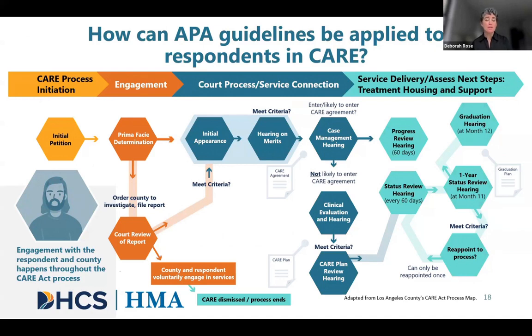Okay, on your screen is a high-level overview of the care workflow. And as we think about George, people like George who go through the care workflow and how the APA guidelines apply to this care workflow, hopefully you've been giving some thought to how the County Behavioral Health Agency may design services around those guidelines. So just a couple of thoughts about the key elements. Really, that engagement continues throughout the entire proceedings. It's really essential that we think about engaging early and often and considering how the individual is doing and meeting that person where they're at.